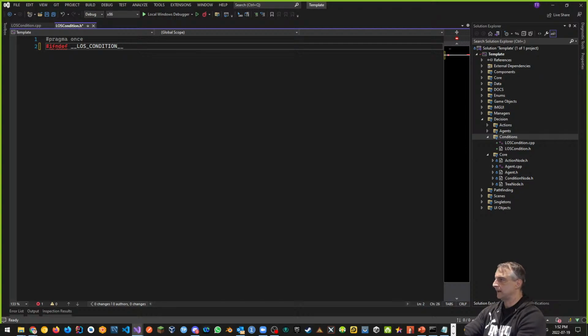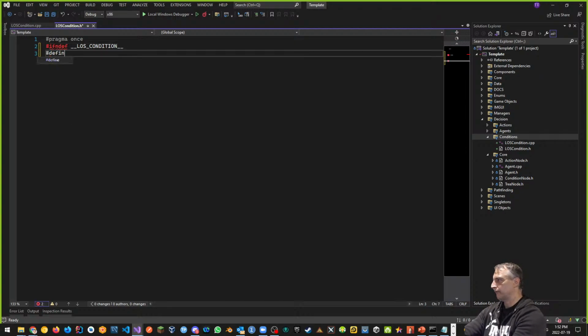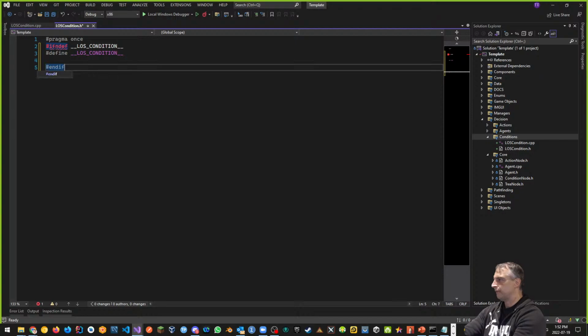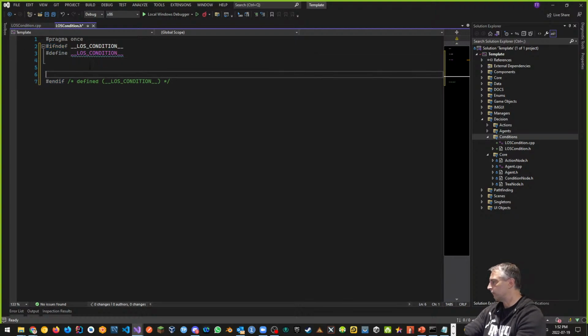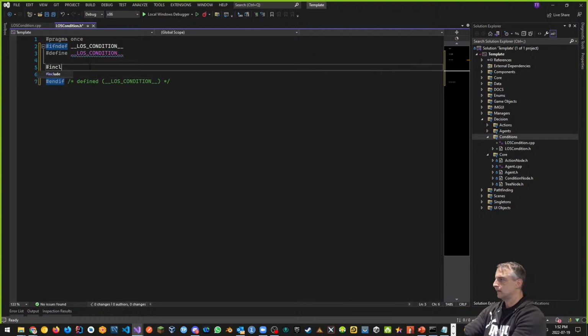That's the line of sight condition, and then we're going to define the line of sight condition, and we're going to do an end if, excuse me, and it's going to be defined line of sight condition. Okay. And in here, what we want to do is include the condition node